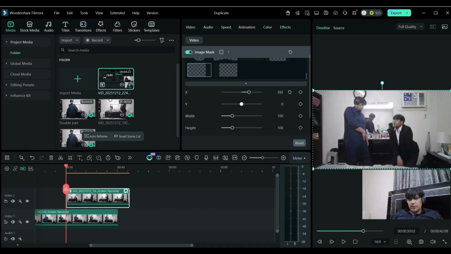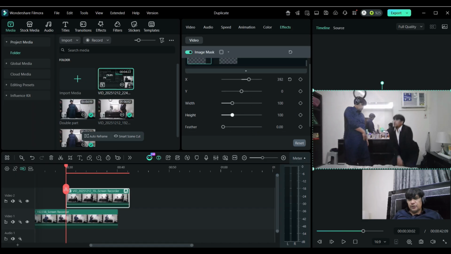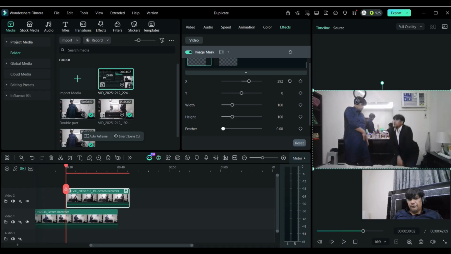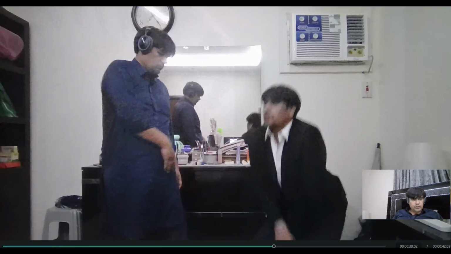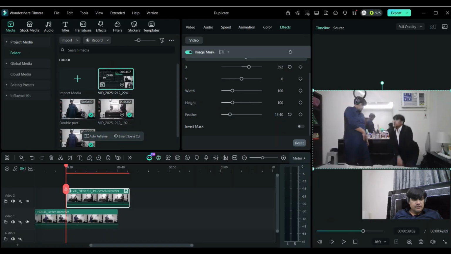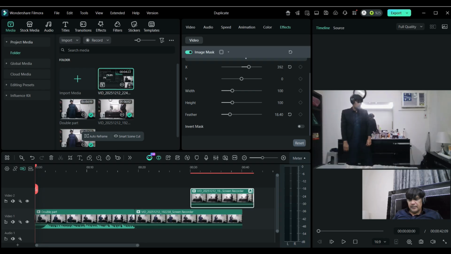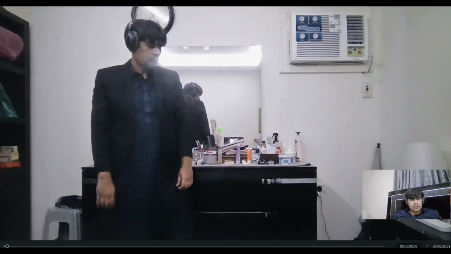Now I will go down. I will choose the feather. So if there is a problem with the light or a line is coming in the middle, yani between these two characters, this line will be removed, it will be more clear. Okay, then that's it. Now I will run the video so I can check how comfortable it is, yani whether what I did is good or not.